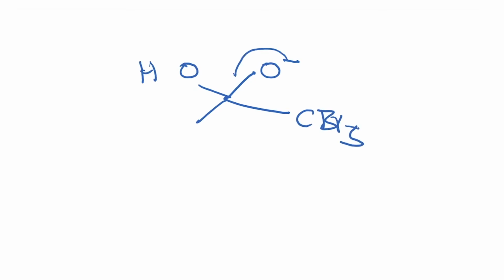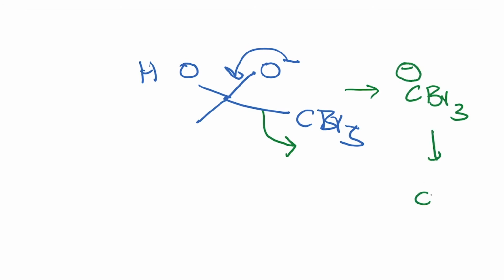So here is the, again, I'm just redrawing the intermediate O minus OH CBr3. Okay. So now what happens is that, when this comes back, like I mentioned, you have two choices. One is the hydroxide ion can leave, but the other choice is that the CBr3 minus can actually be formed. And if this is formed, then you will eventually get